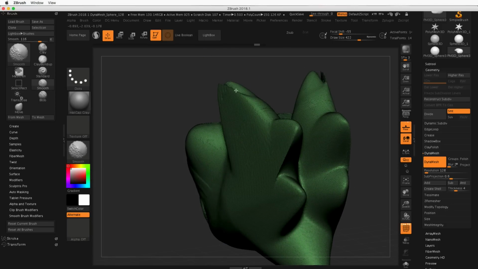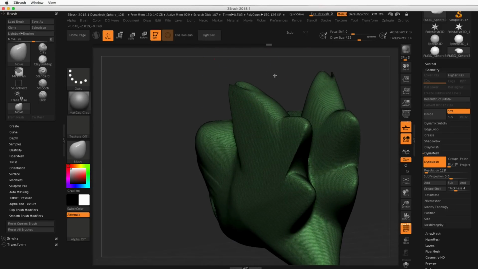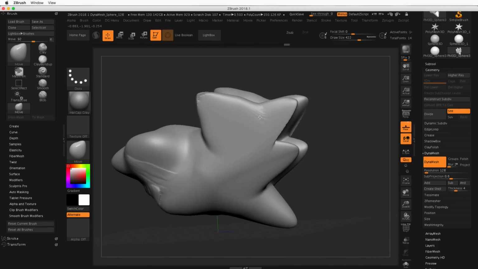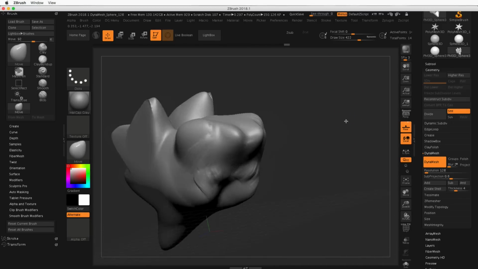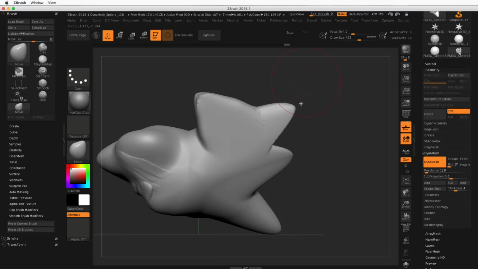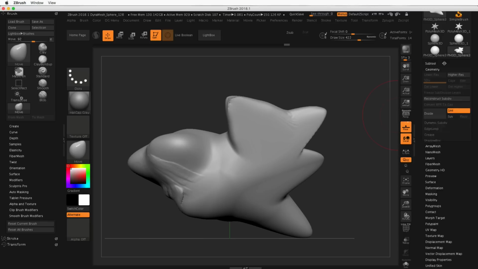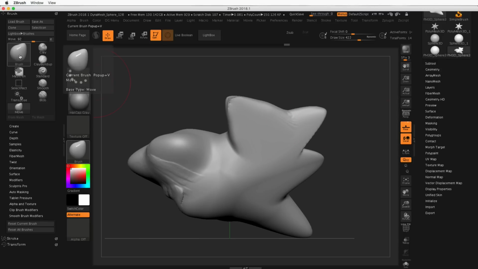So I can smooth this here. Just like in Cinema 4D, I can hold down Shift to smooth. Let's turn off the polyframe here. And of course, this is a big hunk of nothing. So let's think about what we were making in Cinema 4D. We were making a squirrel head. Maybe we can take some of what we learned here with the tools and the brushes and actually try to